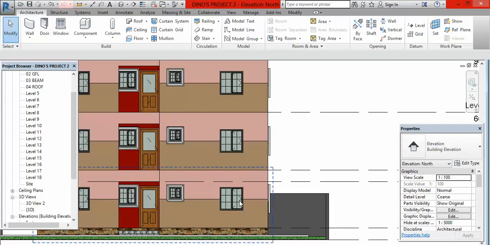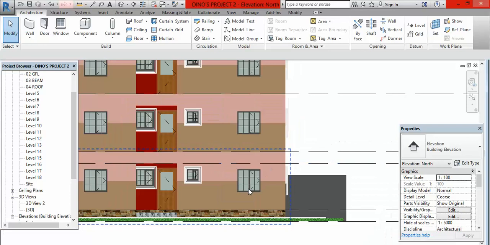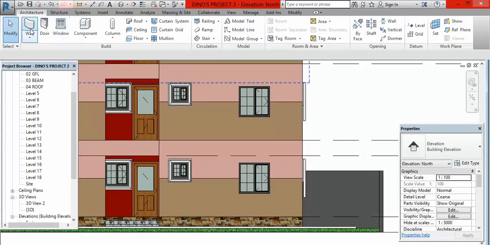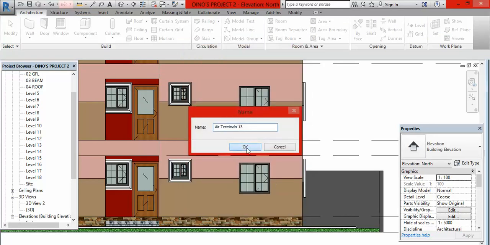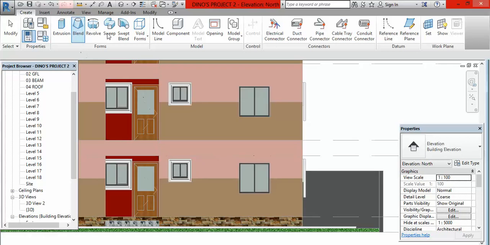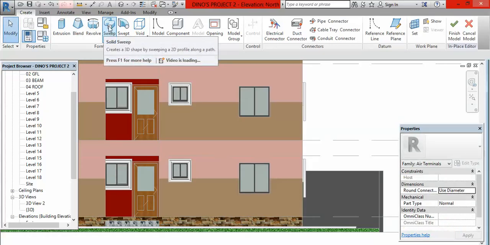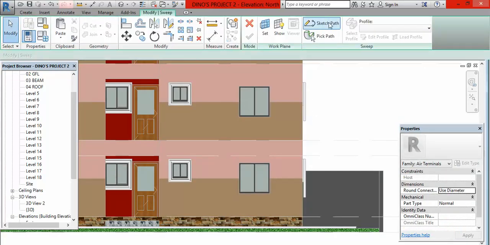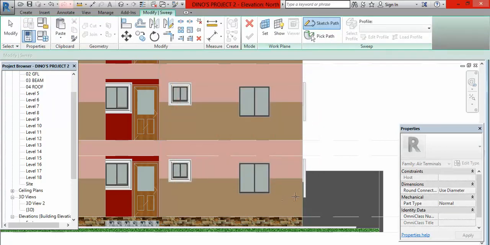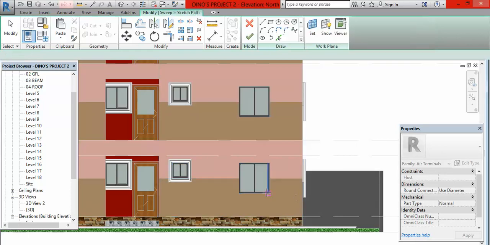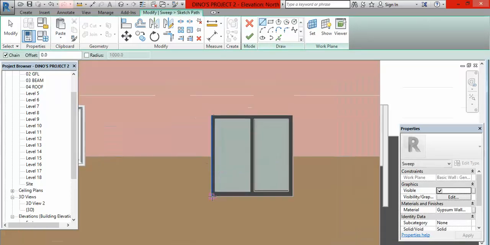Now I'm going to modify it. So I'm going to create something here. I go to components, model in place. Then I'm going to come here, click on this. I'm going to create a fresh window hood there. Sweep, sketch paths, pick plane. Okay, I pick this plane. Then I go here,